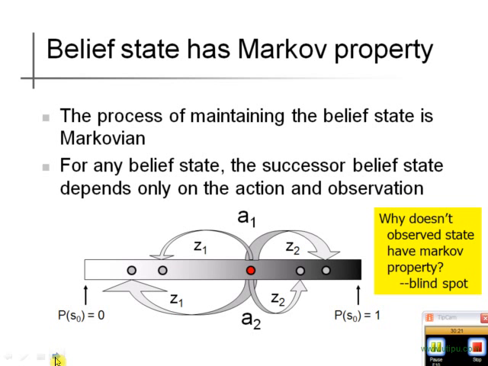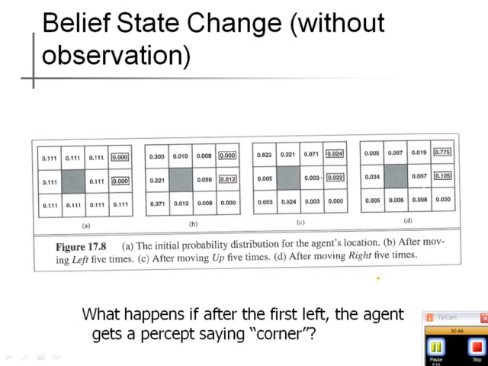And so for any belief state, the successor belief state depends only on the action and the observation. And this we discussed. Why doesn't the observed state itself have the Markovian property? That's like the blind spot example we discussed. We talked about this last time already, but by the way, notice in doing this,